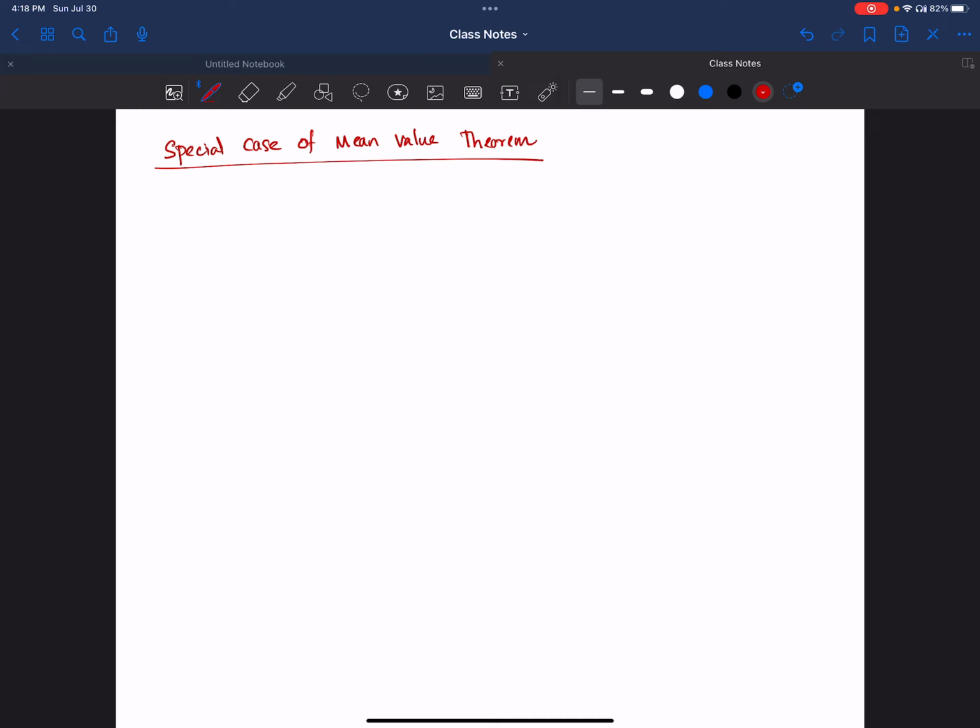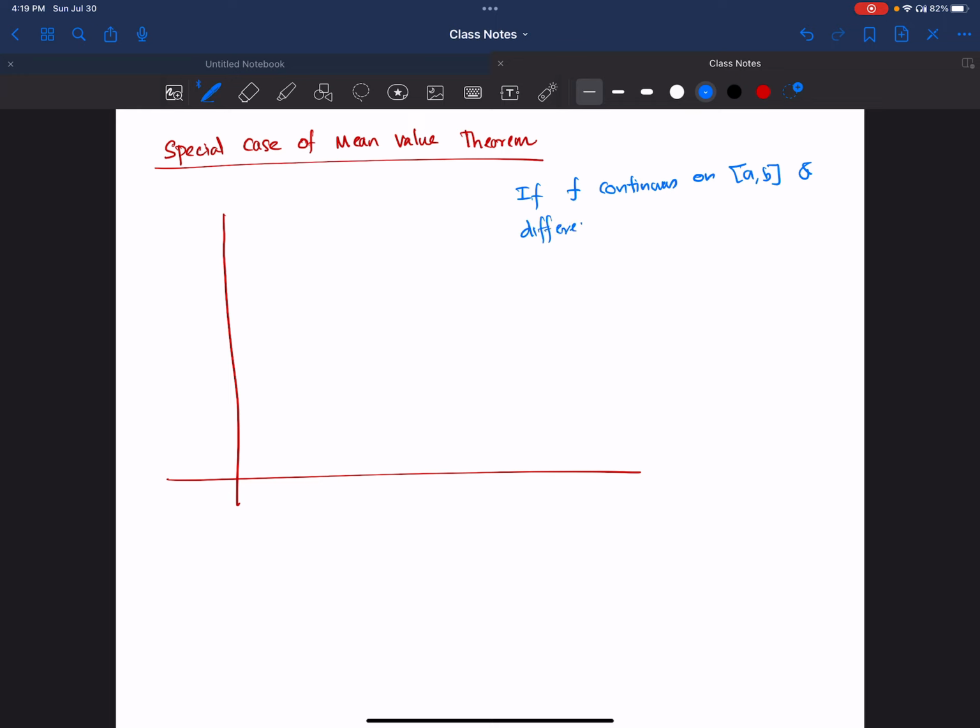In Rolle's theorem, it says that if f is continuous on [a, b] and differentiable on (a, b), so let's say you have something like that,